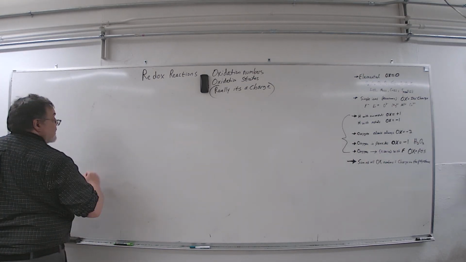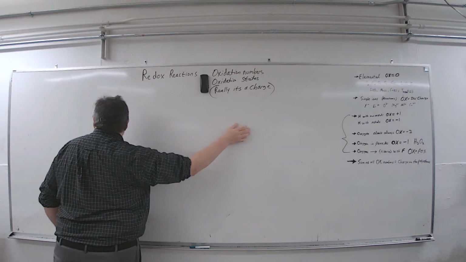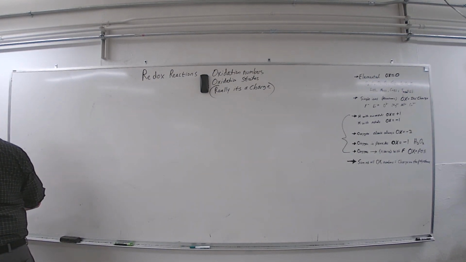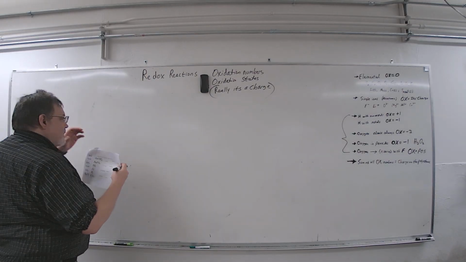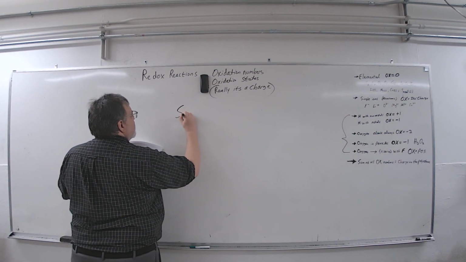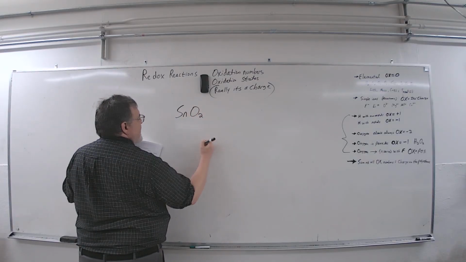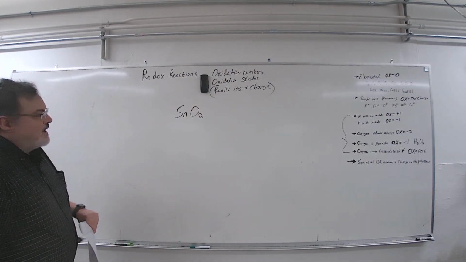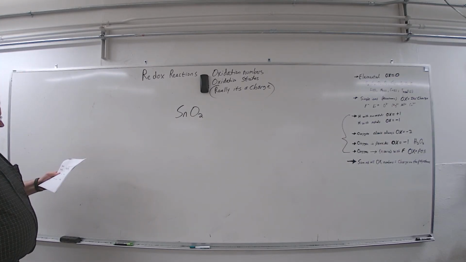So you've got a reaction, you've got this plus this, arrow, this plus this. Well, let's say one of the things, reactant or product, is that. All right, the way you find the oxidation numbers,